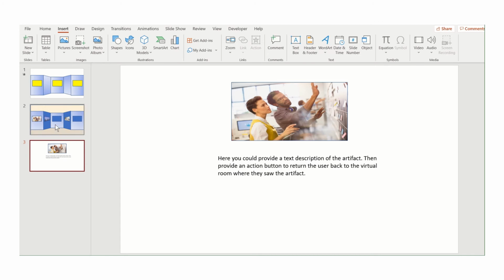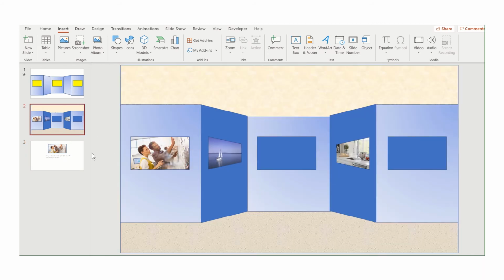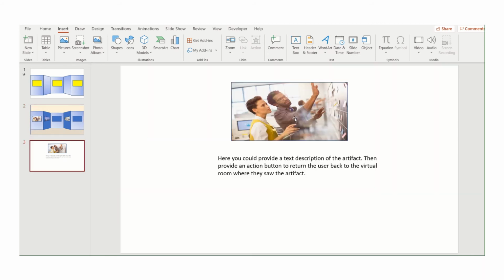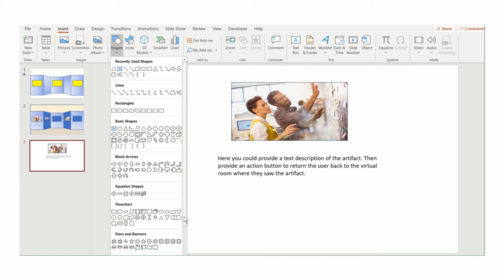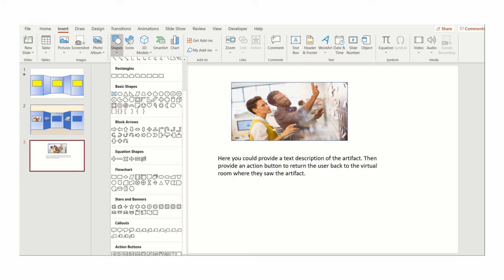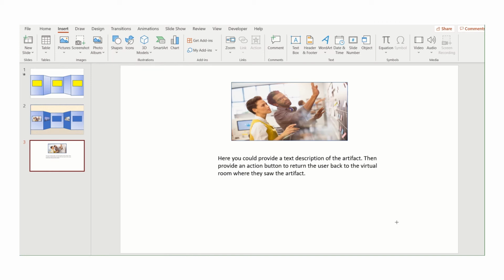So here I have the small thumbnail. Here I have a larger version of this graphic. And then here I would put some information and text about what this is and what it's all about. To finish, I would have to navigate back to that room. So I can do that by inserting another shape. We can take an action button, and I could do it very simply by saying Return button, or I could put this custom button,